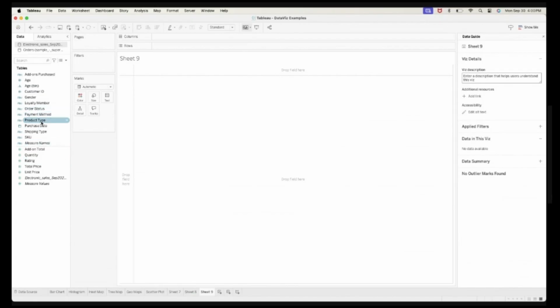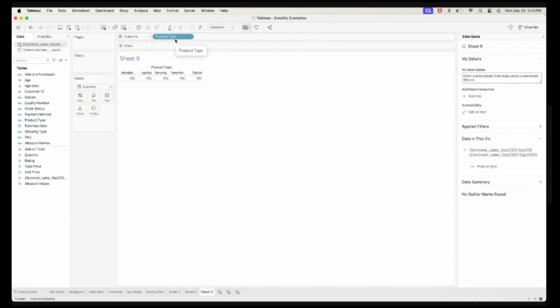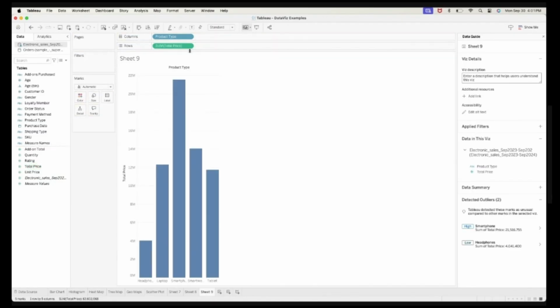Okay, so I have here the product type. And then we have our metric, which is the sales. The sales is basically in the data set the total price, since the sales is per transaction. All I need to do is to sum the total price. So, there. And then call this tree map.